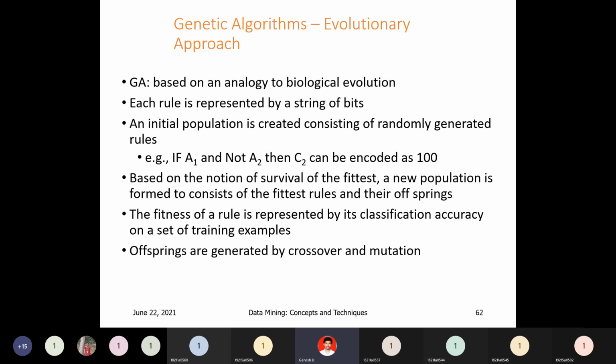Each rule here is represented by a string of bits. An initial population is created consisting of randomly generated rules. For example, if A1 and not A2, then C2 can be encoded as 100. So simply, I can say this genetic algorithm is nothing but